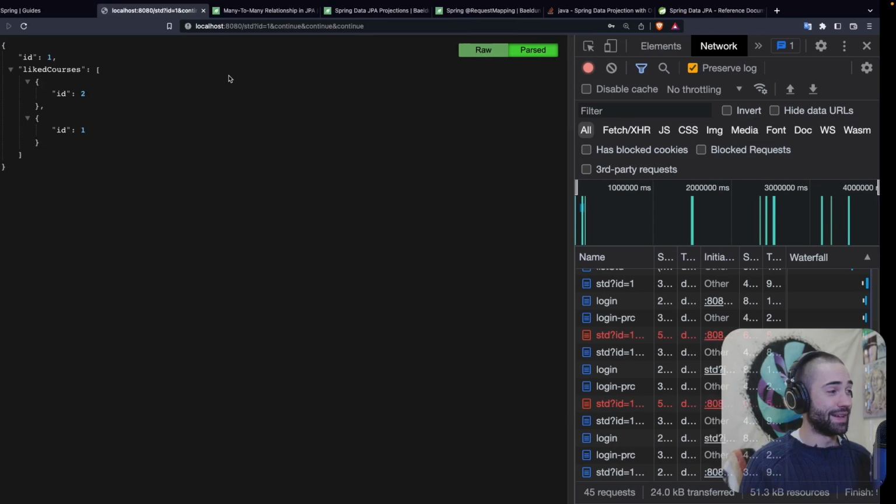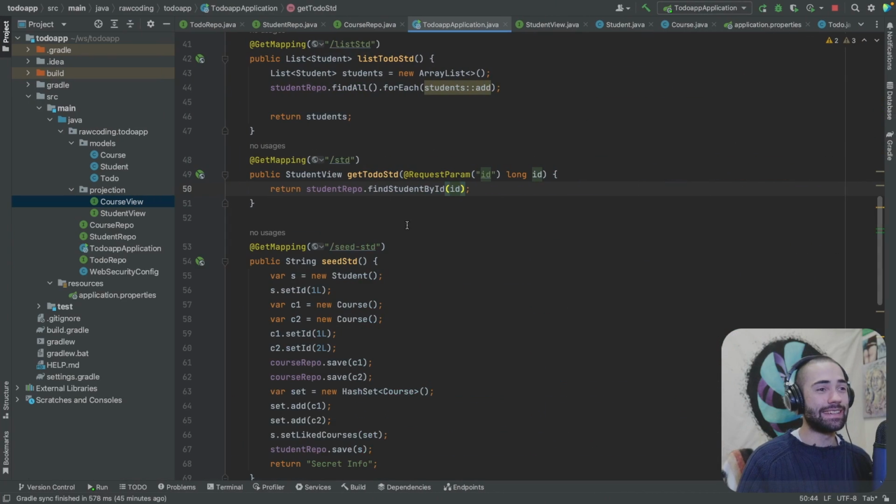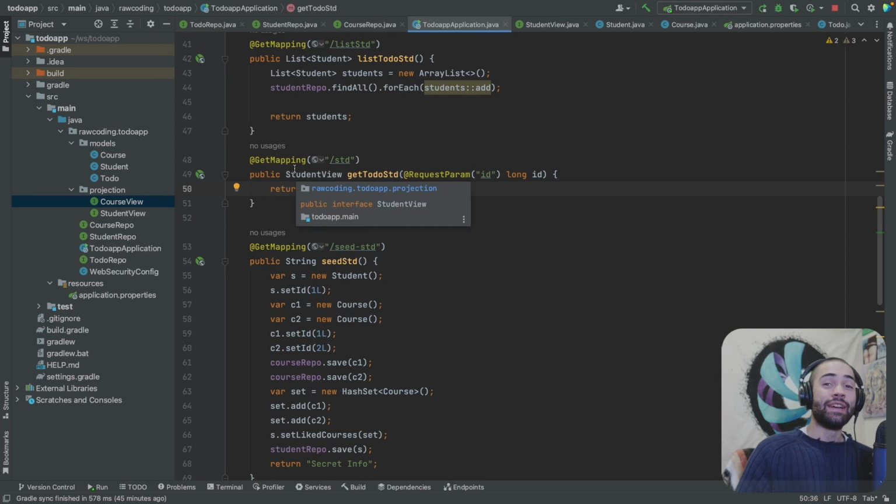I can't believe that worked. Okay, so what I actually did is I renamed find by ID to find student by ID. Okay, so